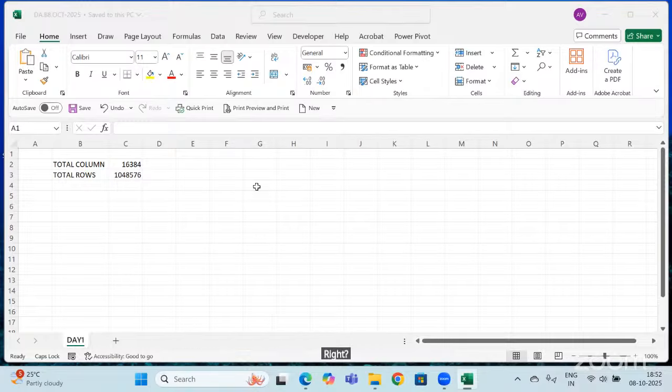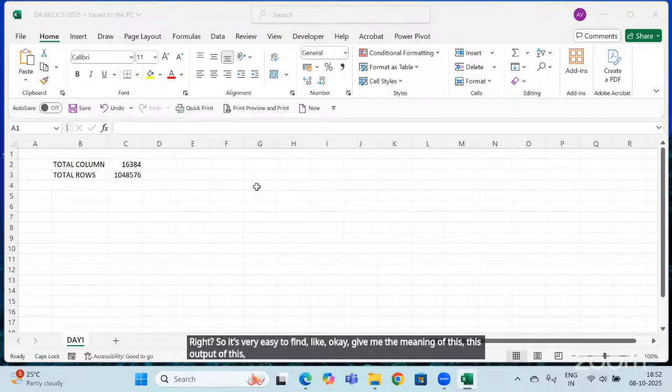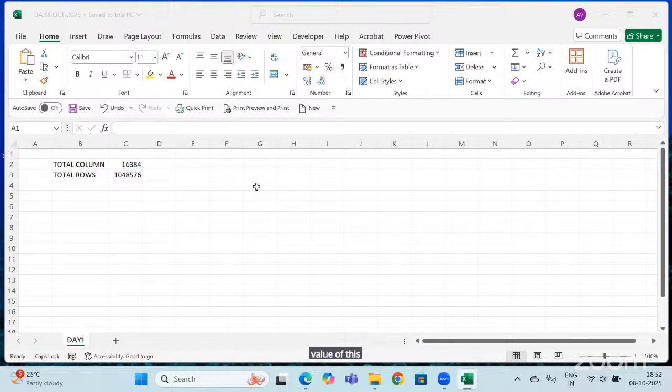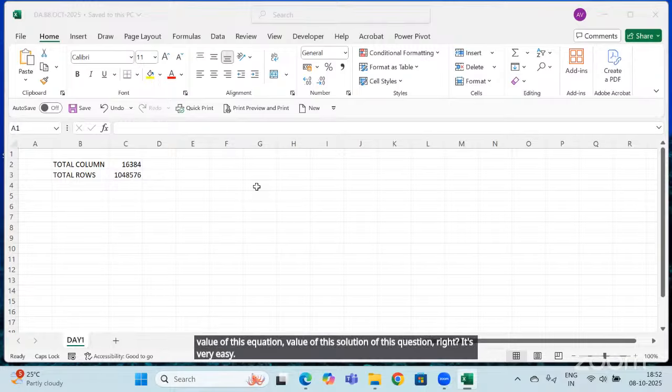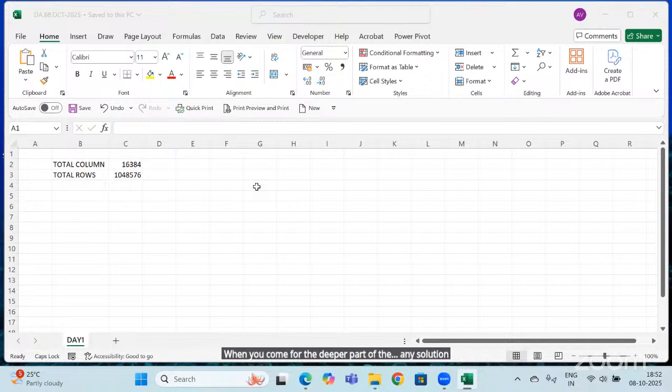It's very easy to ask for the value of this equation or the solution of this question. But when you come to the deeper part of a solution, like you want the code for a particular program, it's not that easy.